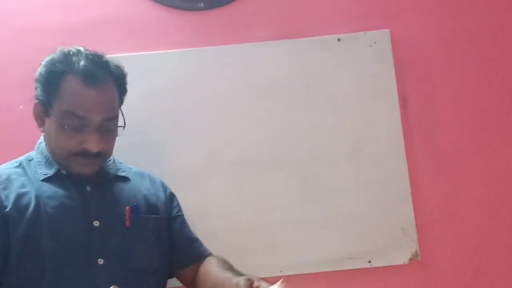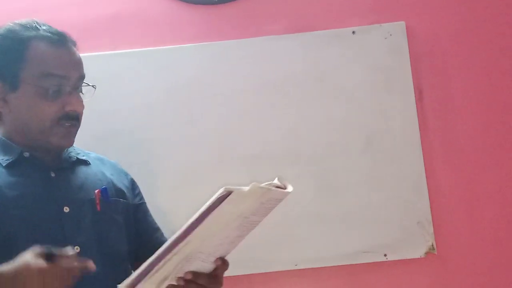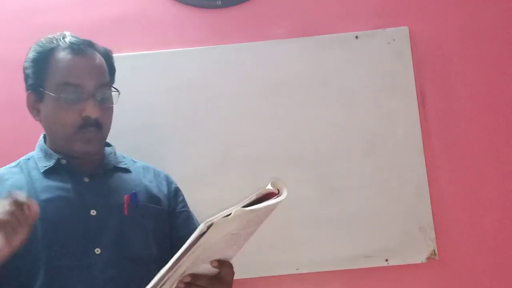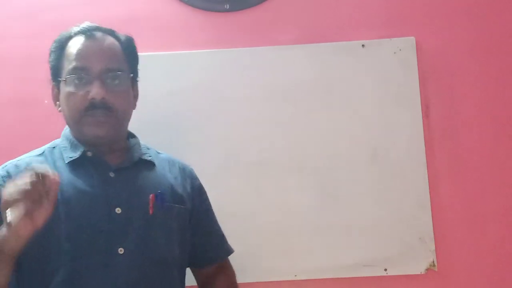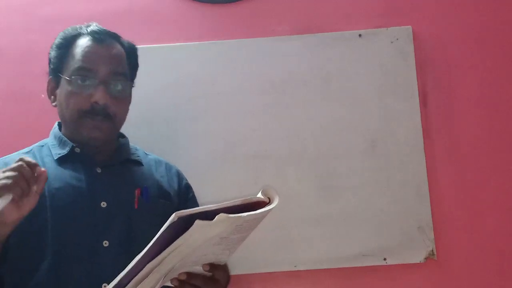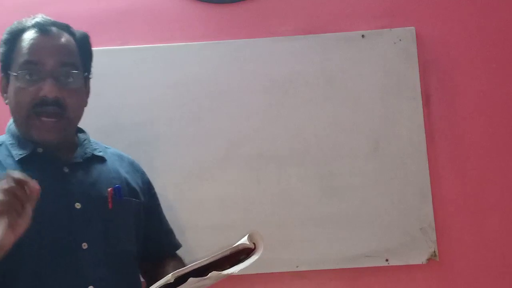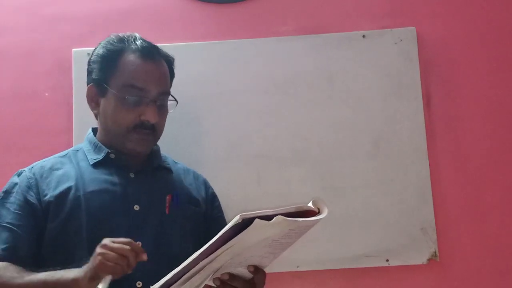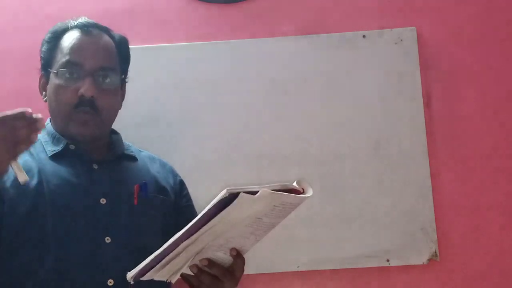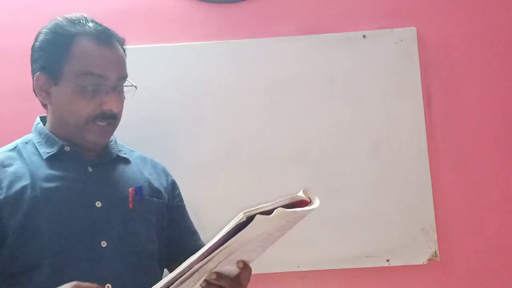On page number 89, see, it is given what is input tax credit and what is output tax. These two are very, very important words, I will say. Input tax, input tax credit, short form ITC, and output tax. So see page number 89: what is input tax, what is output tax, and what is ITC, input tax credit.